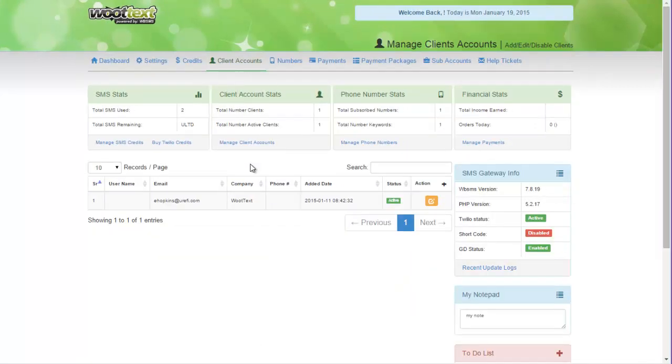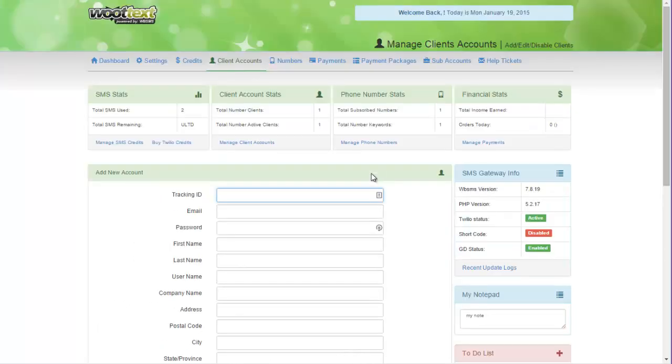Clients reach the system in two different ways. Number one, if they pay their monthly payment from a payment button that you've set up in your settings and inside of your payment packages, those will automatically be added. The other way is manually. If you manually add a customer in here, this is how you do it. You click on the plus button,